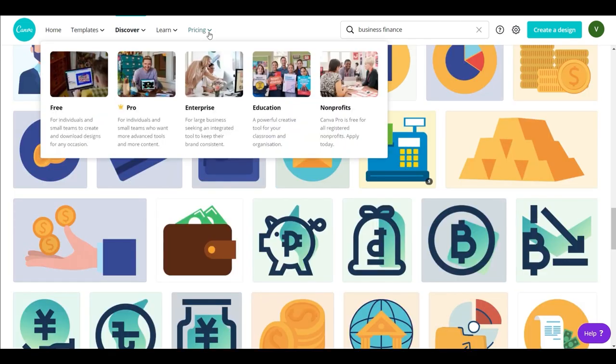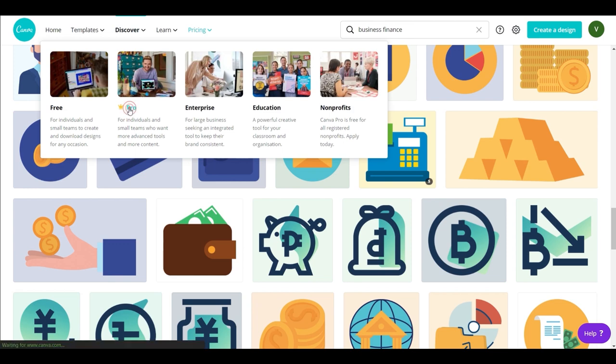Moving on to the next panel, here you will find the pricing structure. Whatever we are using now is the free version, of course, and the free version gives you access to 60 million plus pre-installed templates. The next ones are the Pro version, Enterprise, Education, and Non-profit. The Pro version costs approximately $9.